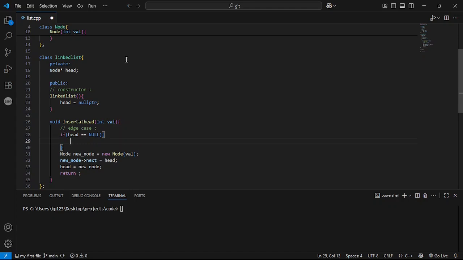Then we'll be making our new node, and if our head is exactly equal to null, then we will be making this particular new node and assigning it as the head.